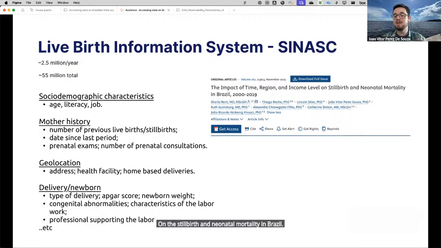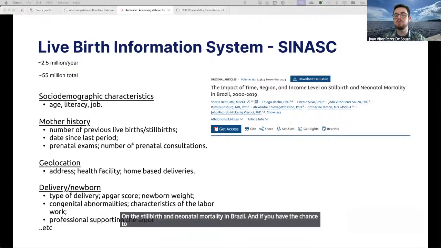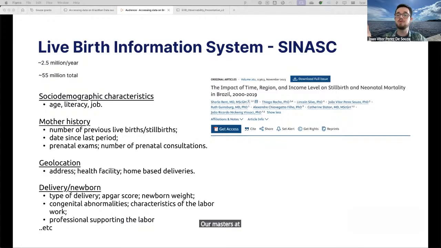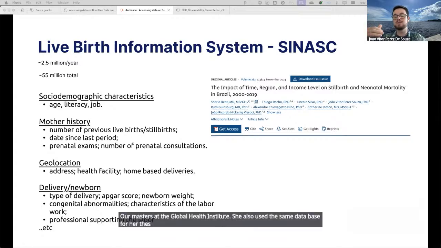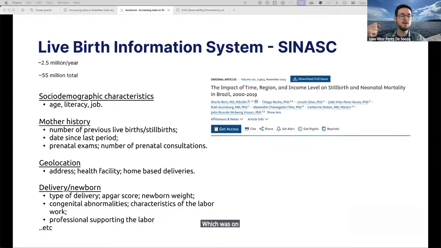And if you had the chance to get to know Natalie, one of the master's students at the Global Health Institute, she also used the same database for her thesis, which was on C-section and normal delivery rates in Brazil. So just showing how this can be leveraged.